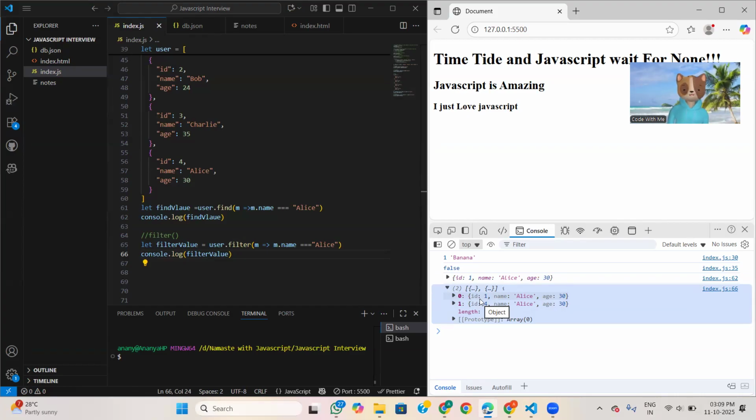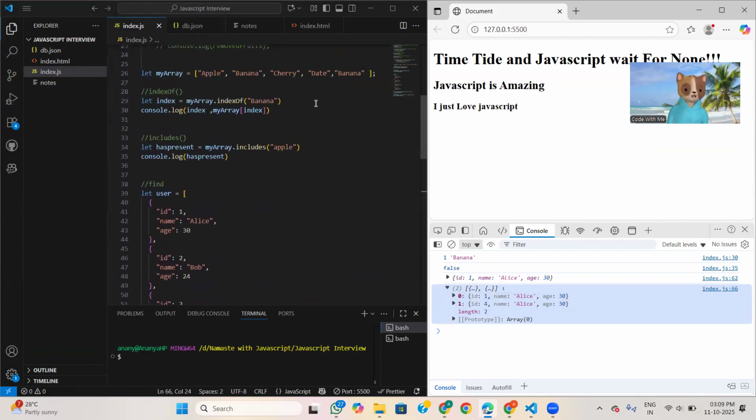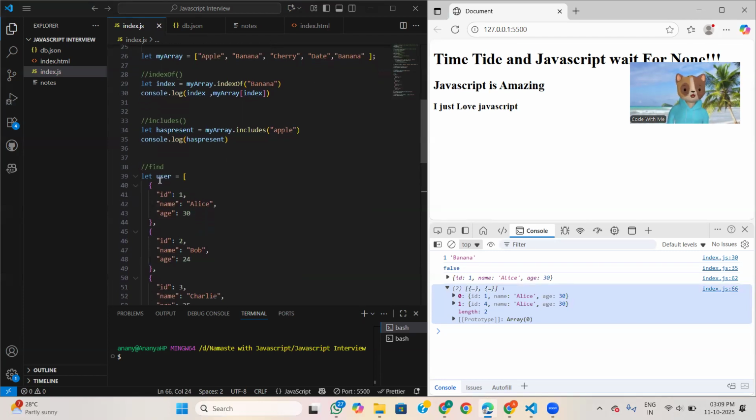So these are the array methods. The first one is indexOf. This is for searching operations: indexOf, includes, find and filter. The find method returns the first value. Includes returns true or false: if the value is present, it returns true; if not present, it returns false. IndexOf checks the condition, and as soon as it gets the satisfied value, it returns the first element.